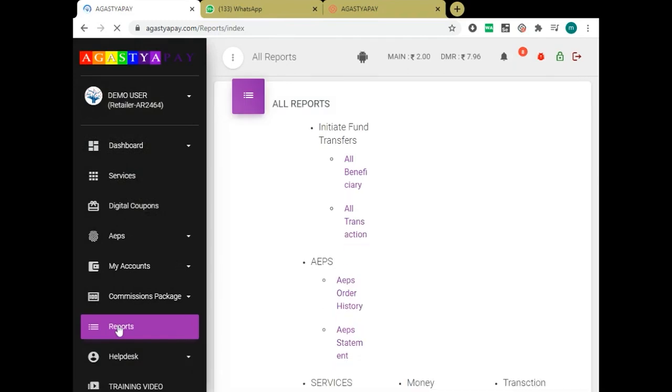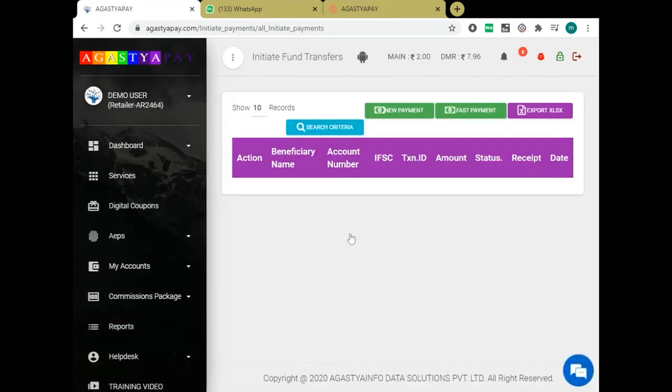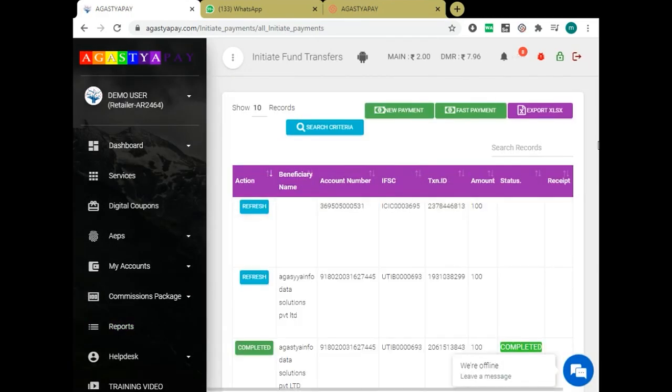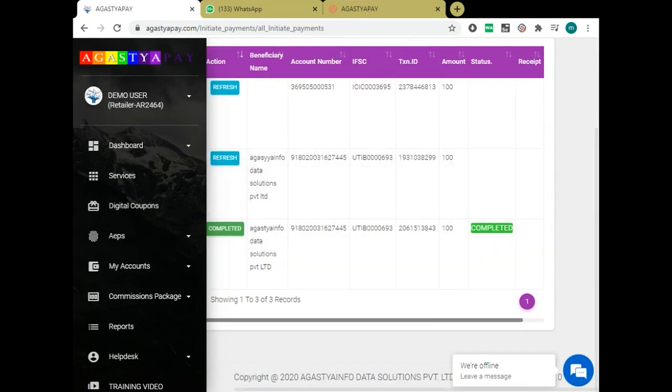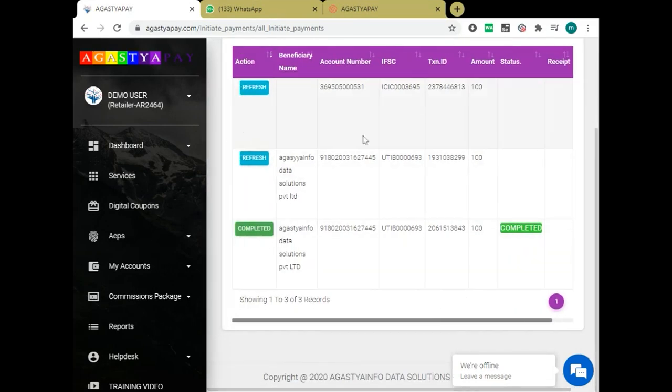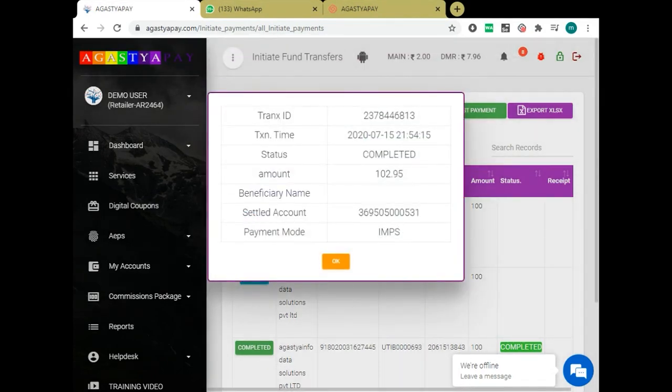After transferring, you have to check in the reports whether the transaction is successful or not. Here it will show all transactions. You have to go to initial funds. In that you need to click on all transactions. In all transactions, it will show all the transactions that you have made till now. If you refresh with this button, it will show the status of the transaction, whether it is completed